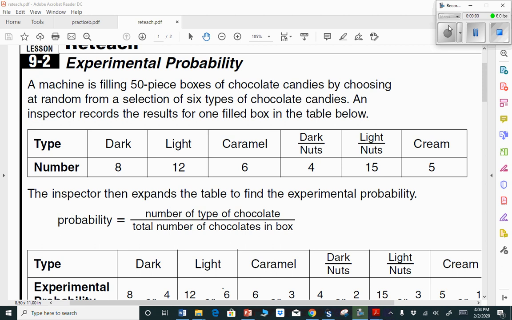Pre-Algebra Lesson 9-2, Experimental Probability. So this lesson is kind of a continuation of yesterday's lesson on probability, and it's called experimental because you know